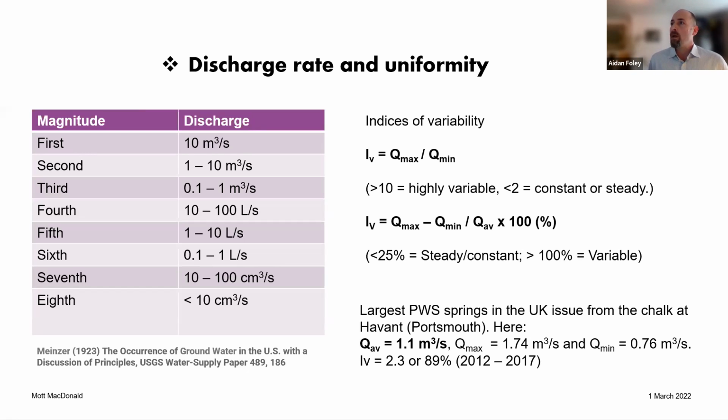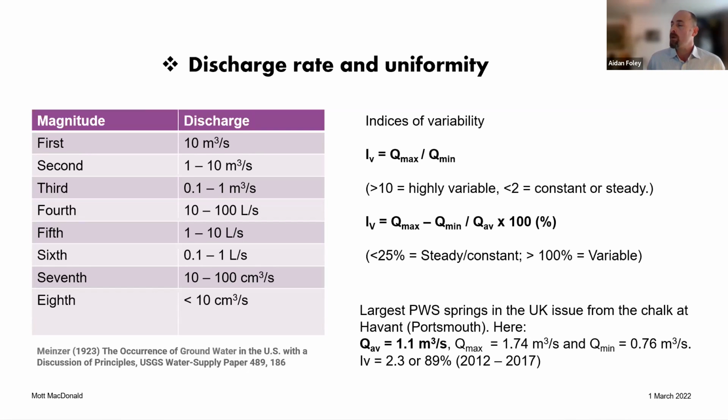Mine's one of them. And here we have this definition of the magnitude of spring discharges. And in the UK, we don't have anything in the first magnitude there. And we have some springs in the second magnitude, the largest of which I'm aware is the public water supply, the springs that are used for public water supply down the Chalk haven, which is there. It's at the bottom of the range for the second